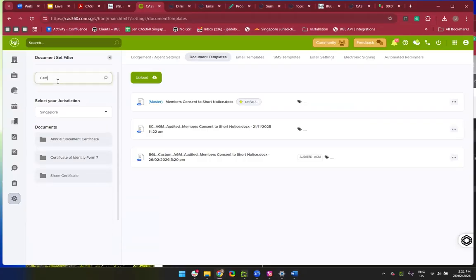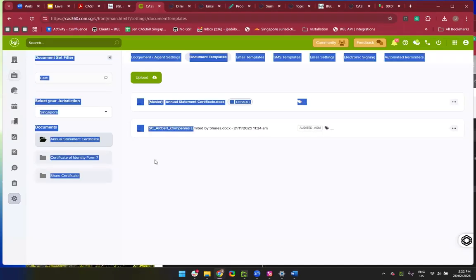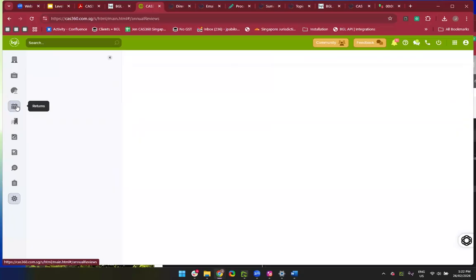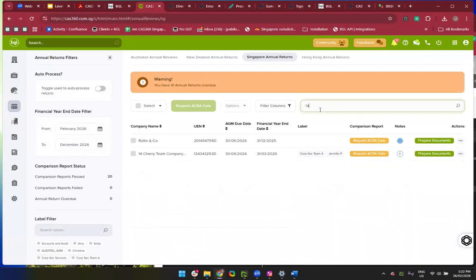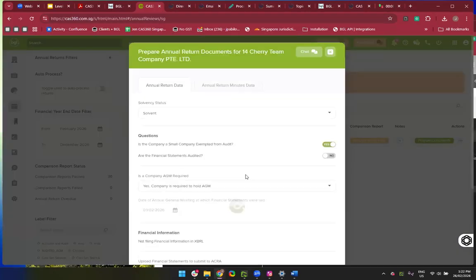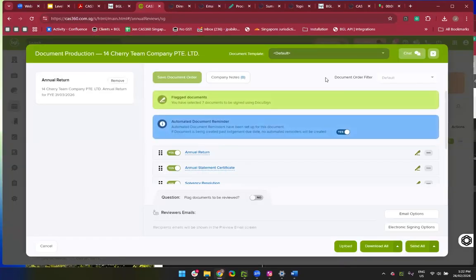You can see it over here. I've already had it here as well. I've already added it in. So that's that. What I'm going to do is go to my returns, and let's do the same company, prepare the AGM documents. And in your document production,